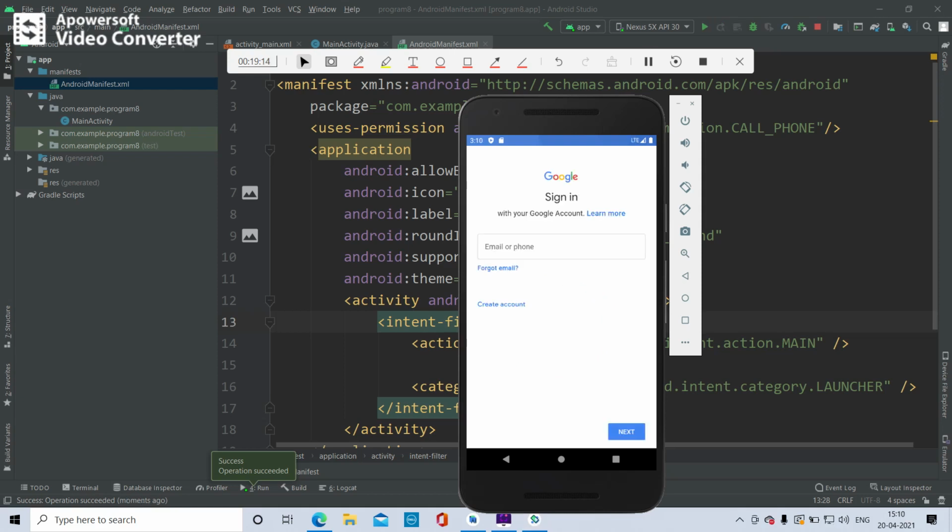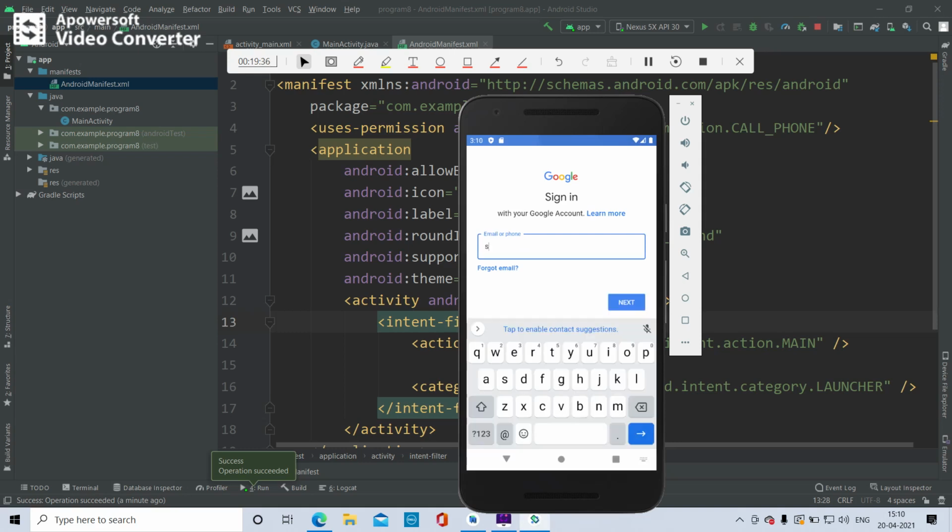See, when you try to save the contact, it is signing in with the Google account, and it is asking for email or phone. You have to give email or phone number here. Still, because there is no SIM available, even if you give email or phone, it may not work. I am going to give my email.